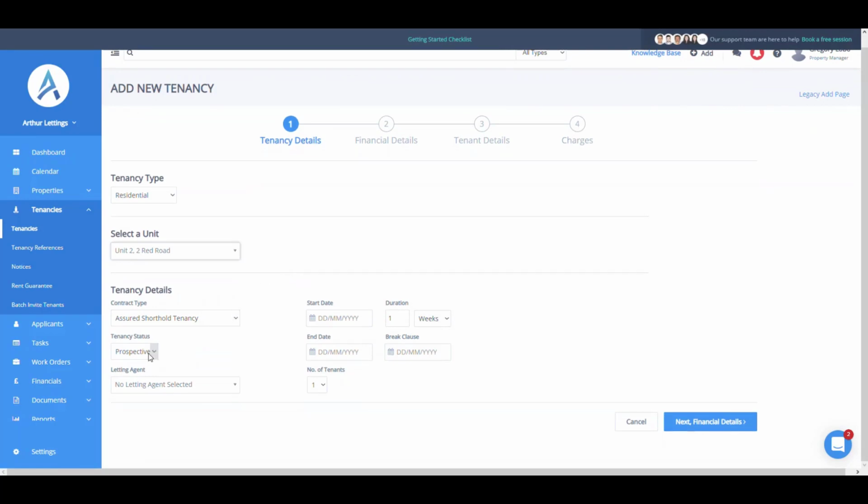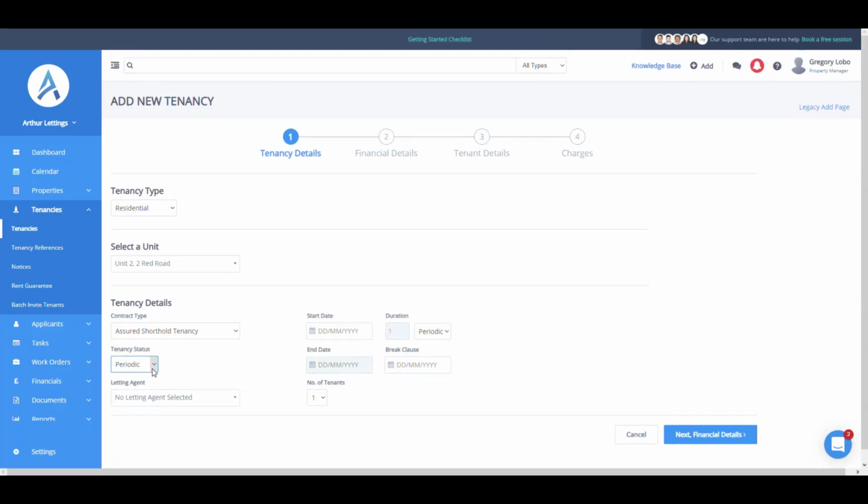The most important part at this stage of the tenancy is picking whether they're current, periodic, or any other one of the statuses. Just for reference, a current tenant has a fixed end date to their contract, whilst a periodic tenant is in their unit on a rolling contract. Therefore, if I select periodic, the end date is blocked out. I'll put the start date for this tenancy as the 1st of September,